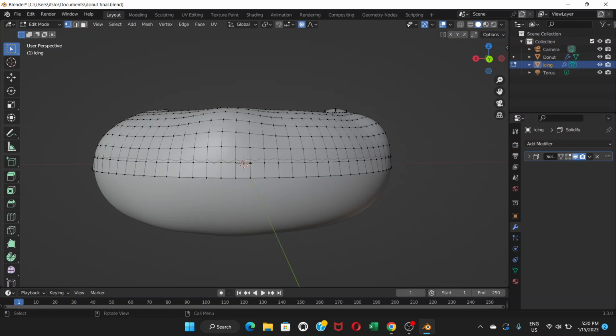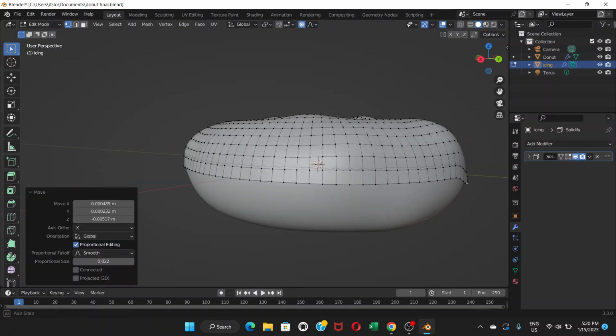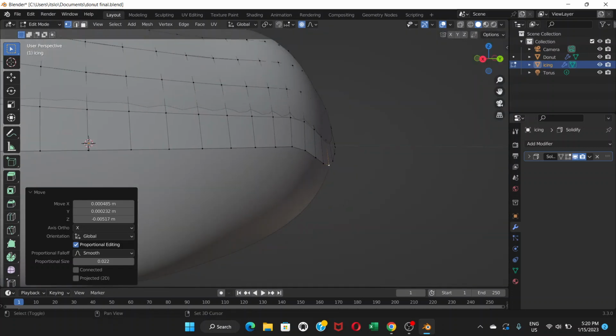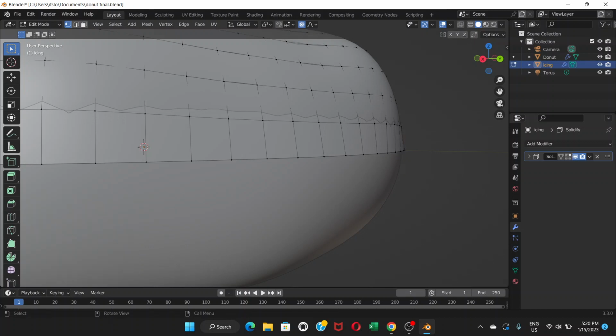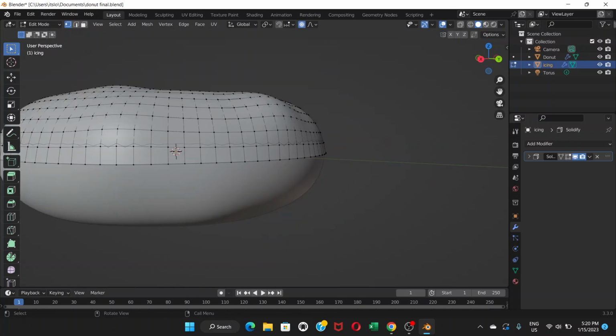So if you do this, click here and grab by pressing G. It's gonna move it like this, but we'll see that there's kind of space here. It's moving outside the donut, so we don't need that. We don't want that. So what we're going to do is